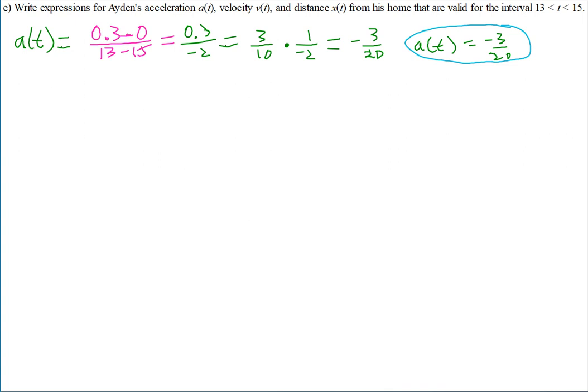So v of t is going to equal the integral of a of t, which was negative 3 over 20, and then we've got dt. And it's an indefinite one because we want the actual equation, just like acceleration happened to be a constant. Okay, so v of t,